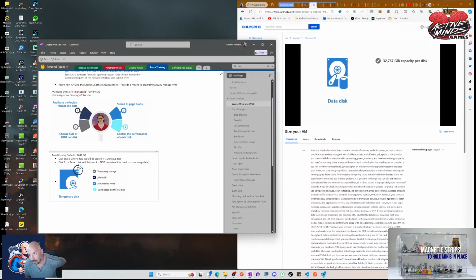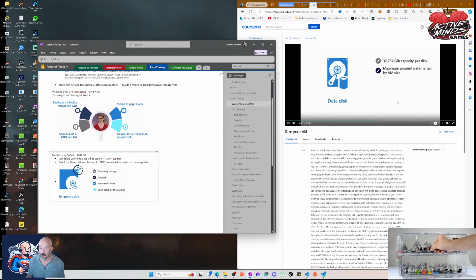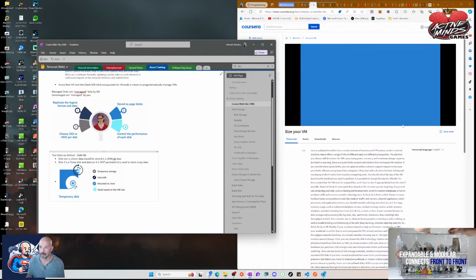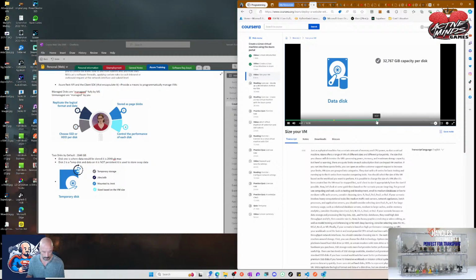Each disk can hold up to 32,767 gigabytes of data, with the maximum amount of storage determined by the VM size you select. Now, let's look at an important note. Azure virtual disk sizes are measured in gibibytes, which are not the same as gigabytes. You can